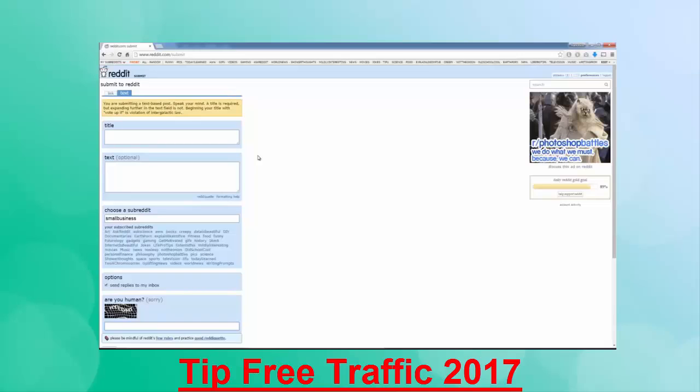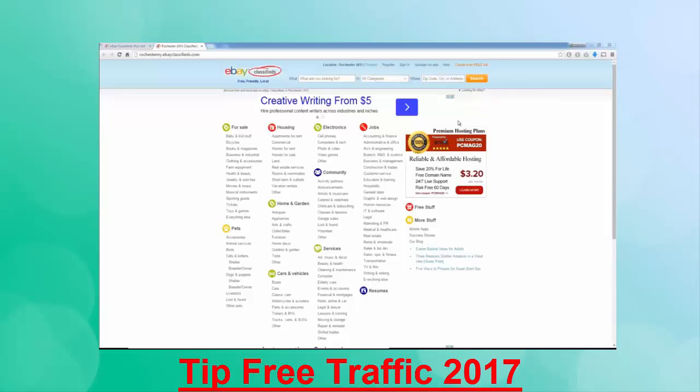So let's move on to the next traffic source. Alright, so now the next method of getting some free traffic is with something called eBay. I don't know if a lot of you guys have heard of eBay, but eBay is actually a very popular website. But eBay Classifieds, not a lot of people know about, and that's basically a Craigslist-type thing with eBay. So what you can do with this is set up a free listing for a PLR ebook,